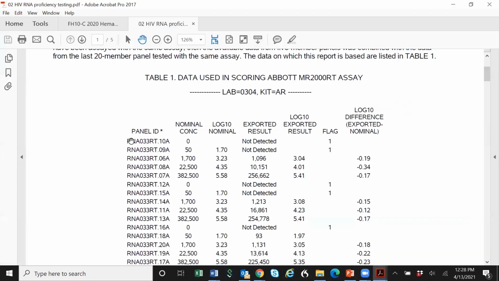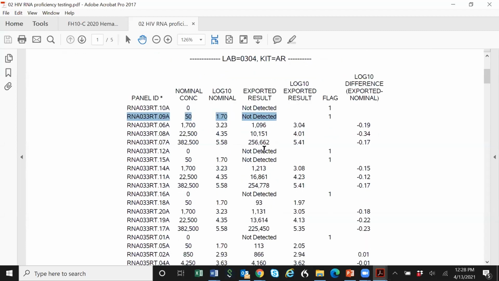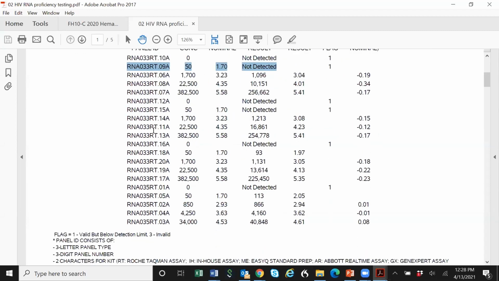So here we have a nominal concentration of 50, and our lab reported it as not detected. While down here, we have another with a nominal concentration of 50, and our lab reported it as 93. And so the answer, usually I would wait for the residents to try to figure it out, but the answer here is because